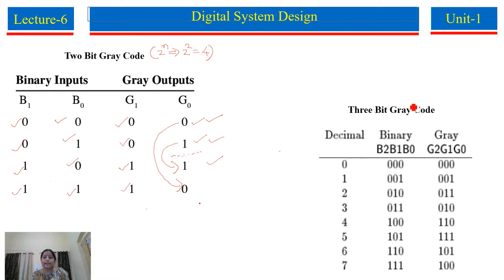Now here I write gray code for 3 bits. 3 bits means the possible combinations are 8. So first of all write binary. 8 divided by 2 means 4. So four 0s here, then four 1s. Then 4 divided by 2, two 0s, two 1s, two 0s, two 1s. Then 2 divided by 2, single 0, single 1, and so on.